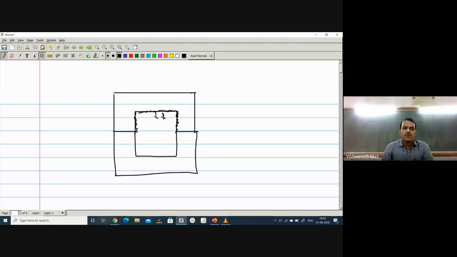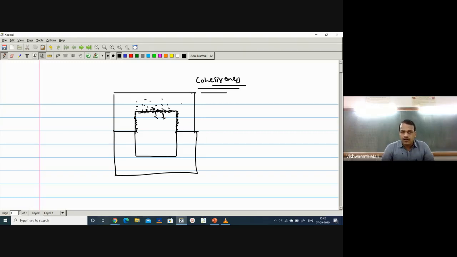It will not fall when it has good cohesiveness. What is cohesiveness? Sticking to each other. What is adhesiveness? Sticking to another particle. That is the property. Whatever sand is here will stick to each other. The sand particles there and the sand particles here will also stick, so that it will not fall and will not change the dimension of the pattern, right? That is called cohesiveness of molding sand.